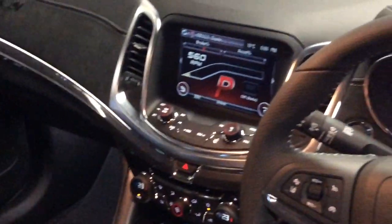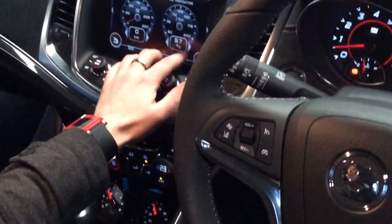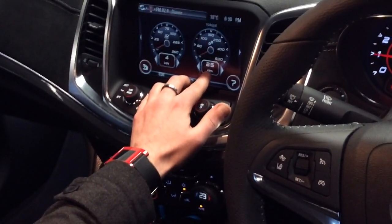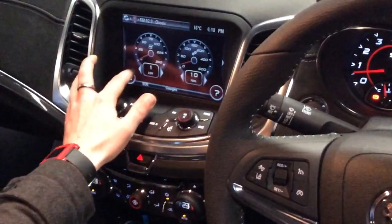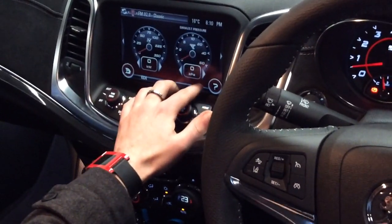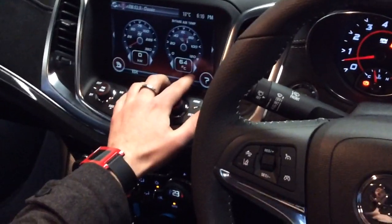Now there's a few other different modes in there as well. You've got your outside temperatures, manifold air pressure temperatures as well, oil temperatures, torque. So this is a live torque reading. If I touch the throttle, it automatically shows exactly how much torque you're using at each time. This one on the left hand side is kilowatts, and you can change it. Transmission temperatures, elevation, so how high you are, exhaust pressure as well, and a few other different little bits and